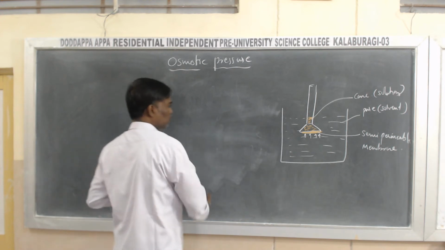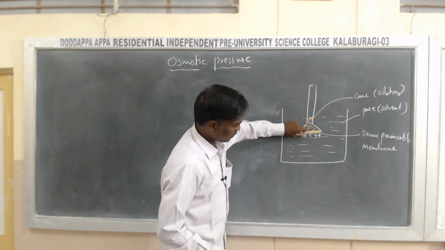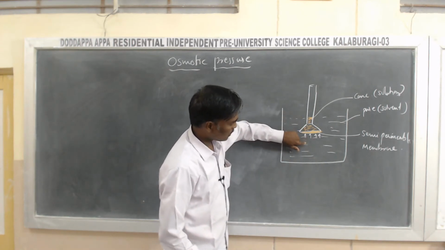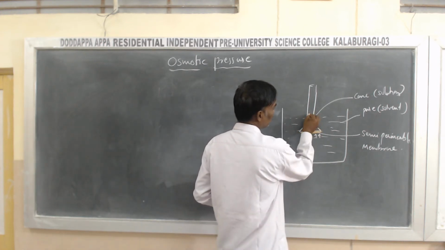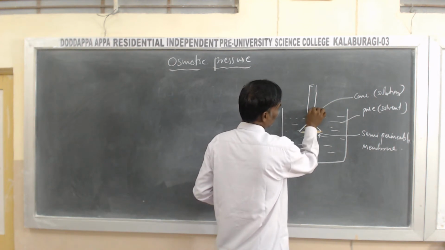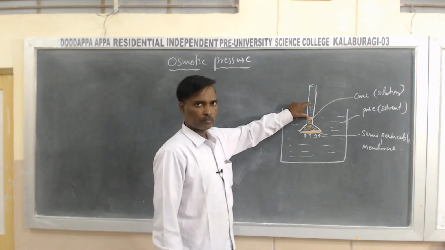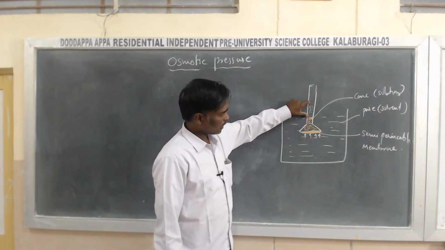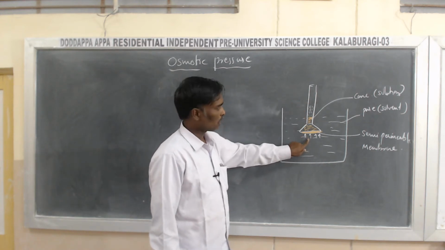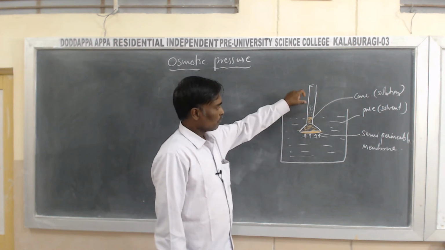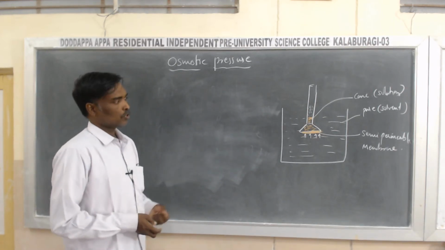Now students, this is about osmosis. So how do you observe whether the solvent molecules have flowed from the pure solvent into the solution? Just after a certain time, you observe that the level of water in the funnel is rising to a certain height. So the level of water is rising in this funnel, which indicates that the solvent molecules have entered into the funnel. This is the flow of solvent molecules that we get in osmosis.